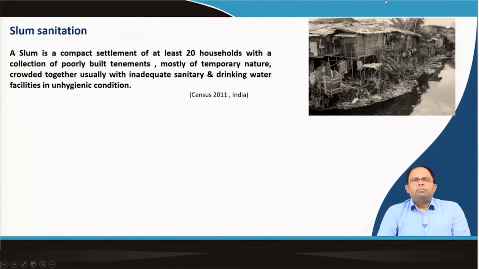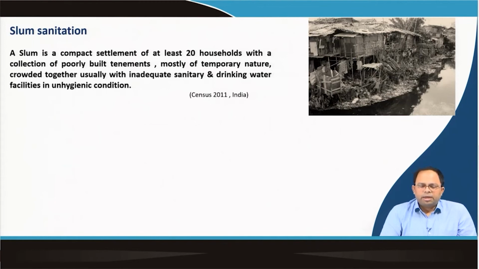So, finally, we come down to slum sanitation, which is a big challenge in the Indian context. As is evident from that particular image, slums are usually developed around water bodies because the primary need for sanitation actually drives people to construct slums or this kind of housing around water bodies, so that the waste could be easily disposed of. So, that is evident in the image as well.